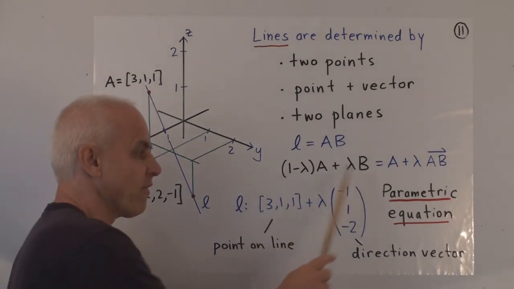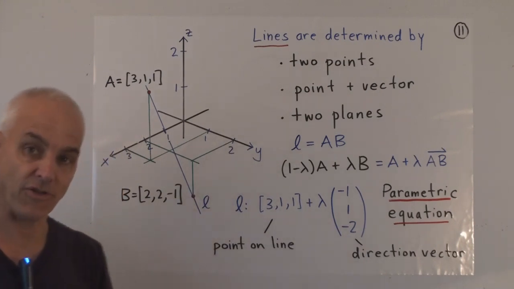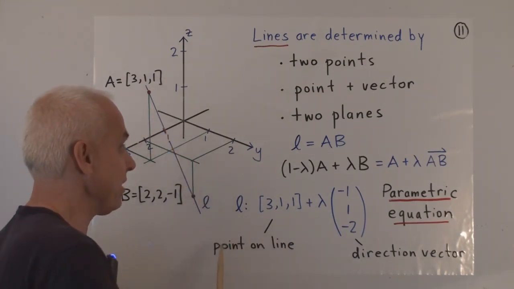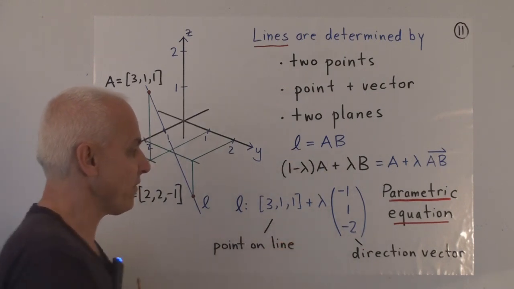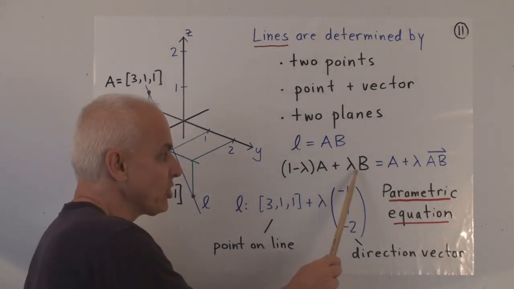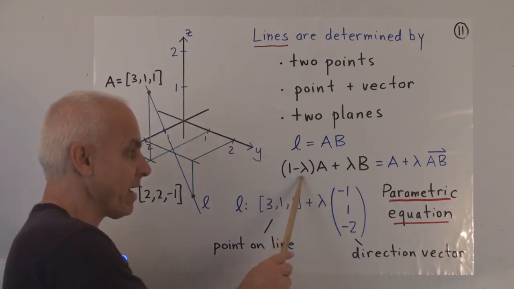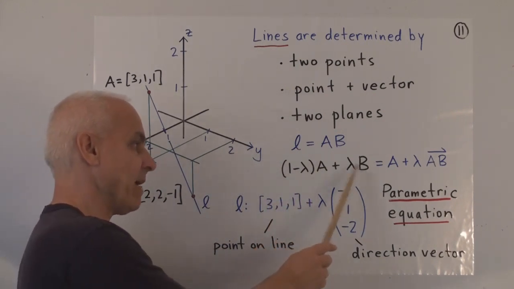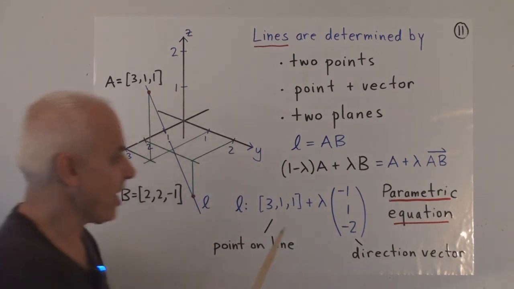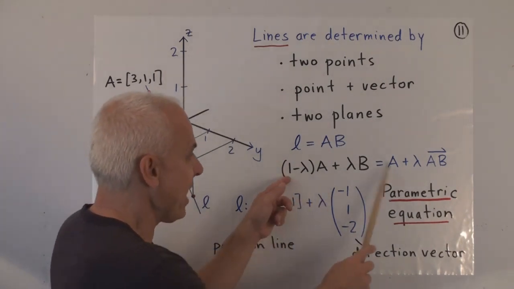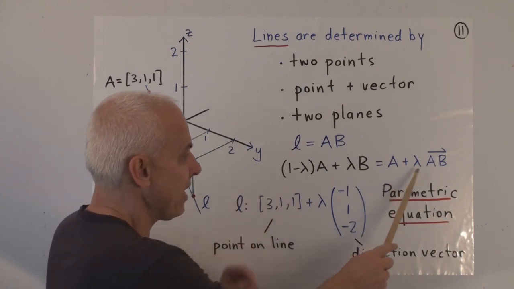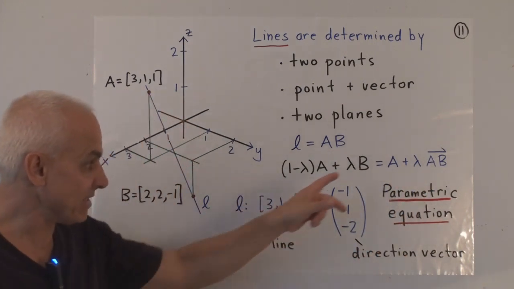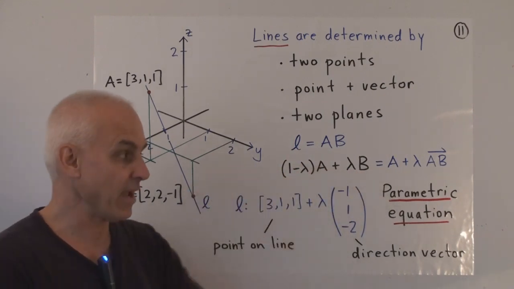Now, in terms of affine combinations that we talked about earlier, we can think about a point on this line AB, there's our notation for the line, as a combination of the points A and B determined by a parameter lambda: (1 - lambda)A + lambda B. And we can rewrite that by bringing the A out and thinking of it as the point A plus lambda times the vector AB, because the vector AB is the difference between the coordinates of B and A.